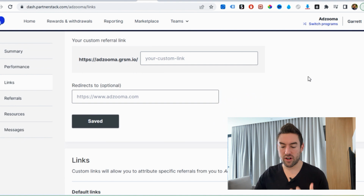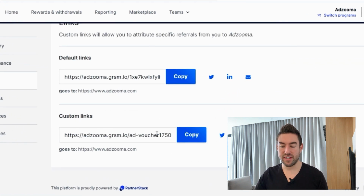Now this is going to create our custom link, and you can see right there, okay, it did add a few numbers to the end, meaning that was already taken, but not to worry. We're going to come back to this, and we're going to use this link in just a second